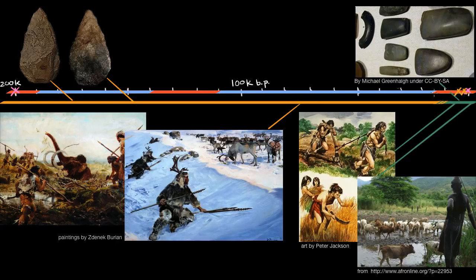So by human standards, this is a very long period of time. And I didn't choose this time span arbitrarily. 200,000 years is about how long we believe anatomically modern humans have been on our planet, our subspecies of Homo sapiens sapiens. Now, the reason why I show these stone tools is because the ages, the periods of modern humanity, or even pre-modern humanity, are named after the types of tools that have been found in archaeological digs.